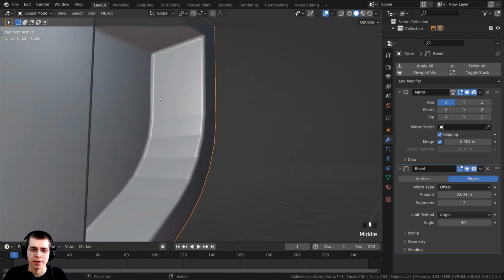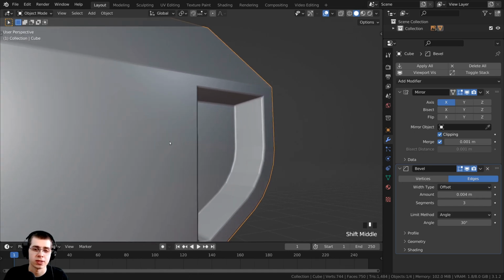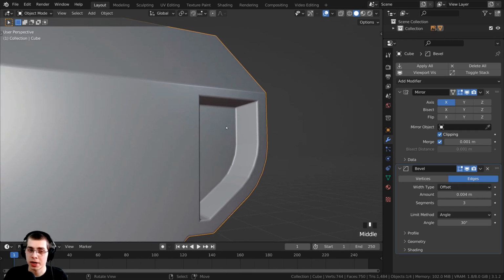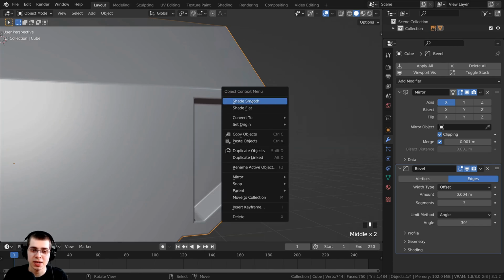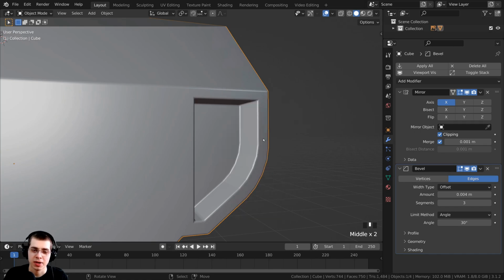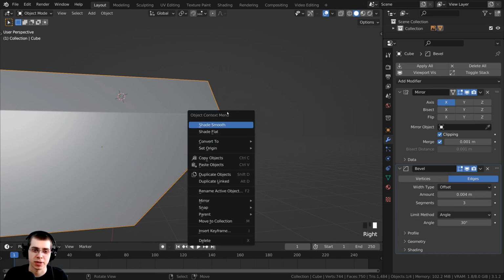You can kind of see those little flat faces and some flat face pieces around there, and so I want to shade this object smooth. So you can use the object context menu by right-clicking and then clicking on shade smooth. Now I use the W key to bring up the object context menu, and that's because I use right-click to select different objects, but you can just right-click to bring up the object context menu,